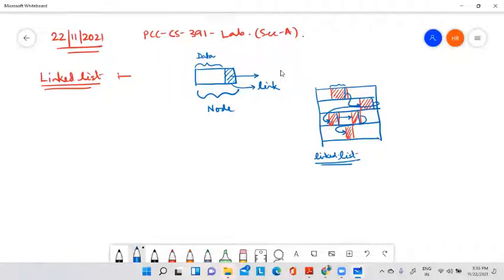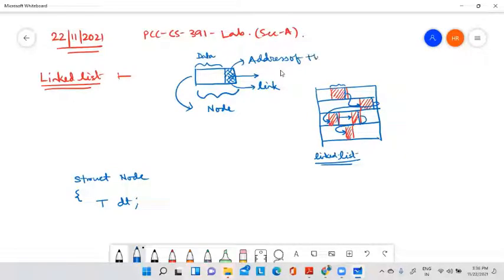So in the last class we also saw how to define a node. A single node is not an individual thing, it is a combination of data part and link part. So we need a user defined data type, so we need a structure. We have seen how to define a structure for a node: struct node. Inside this we require data. Data may be of any data type, that's why I'm writing T. So this is one variable dt for storing the data. And the next part is the link part, which holds the address